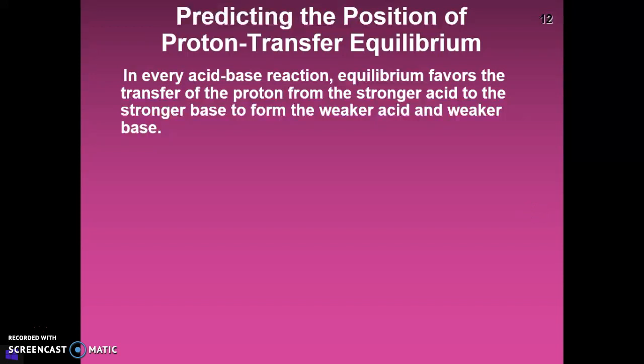All right, so how do you predict the position of that proton transfer? You've got to consider which acid or base is stronger. So you've got a situation here where you've got a very strong acid. Water, not very strong in terms of